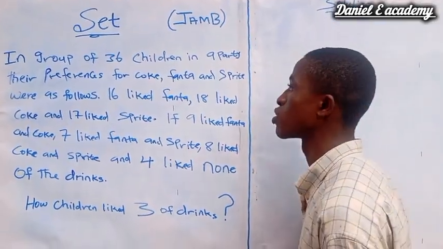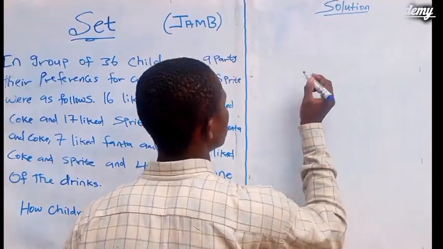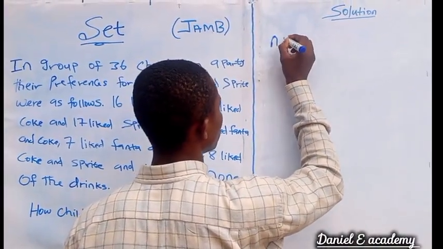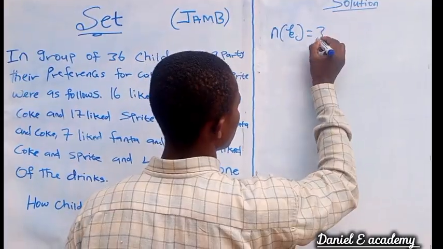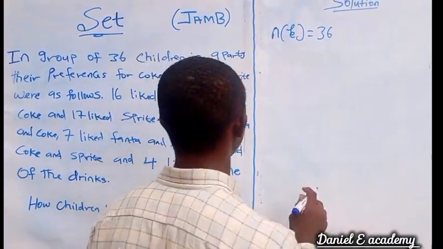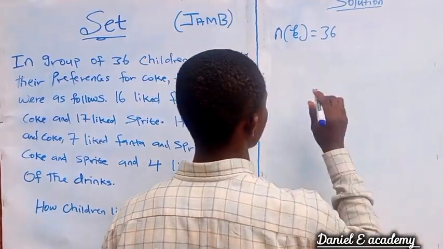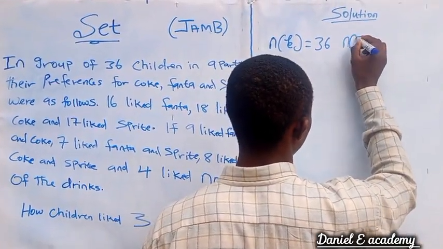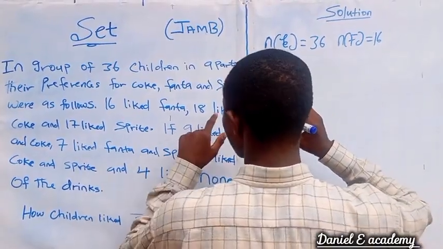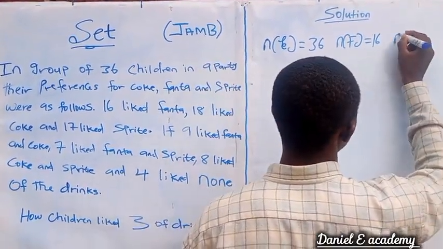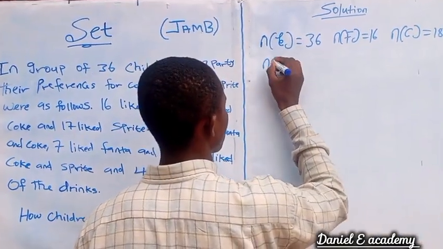So for us to solve these questions, we'll be listing out the parameters. We'll start with the universal set. Universal set is 36, which is the number of children. The number of children that like Fanta is 16, so we can represent it as F is 16. Number of children that like Coke is 18, C. Then the number of Sprite